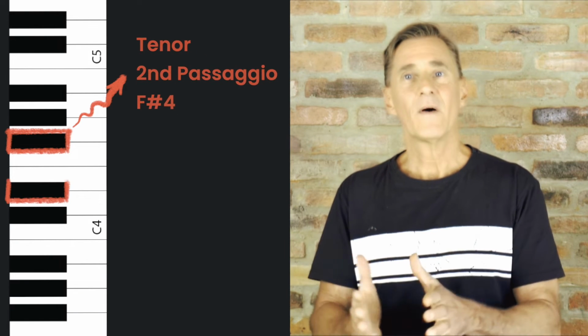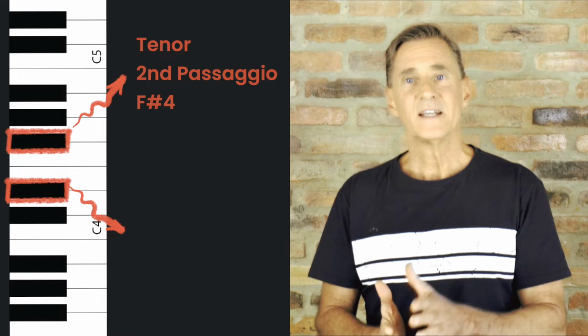One of the main criteria used to determine voice type is where your voice switches from this chest feeling to head feeling, chest resonance to head resonance. It's called your second passaggio, or your second passaggio point. It's your main passage point. And the difference between a baritone and a tenor is about 3 half steps on the keyboard, black and white keys, 3 half steps. So they're not that far apart.